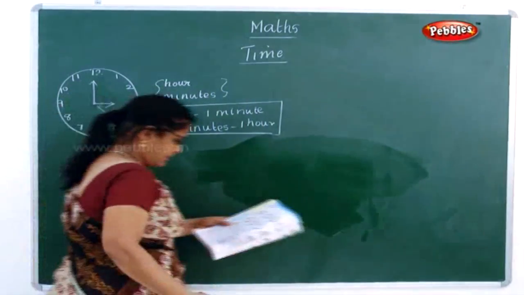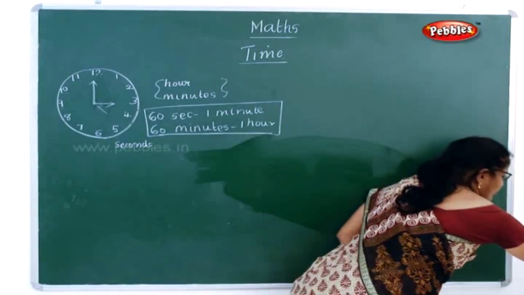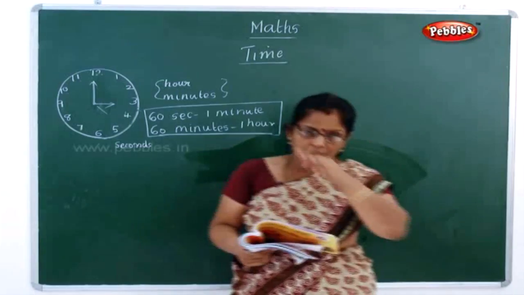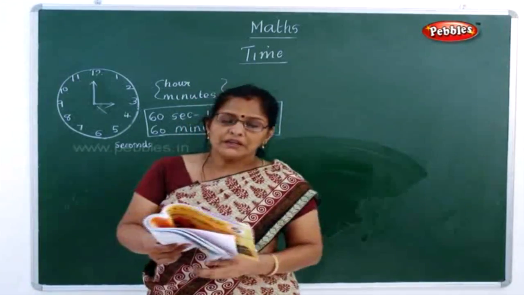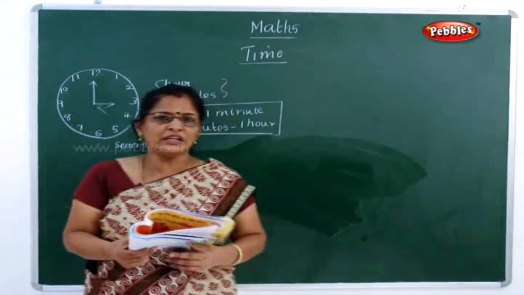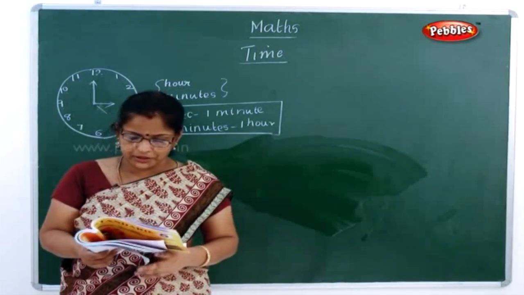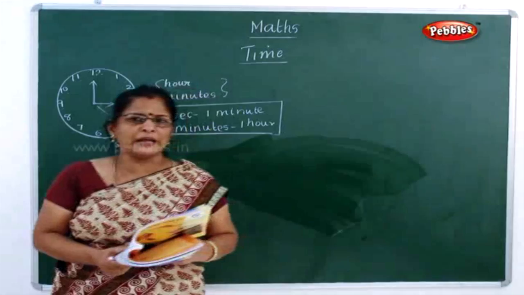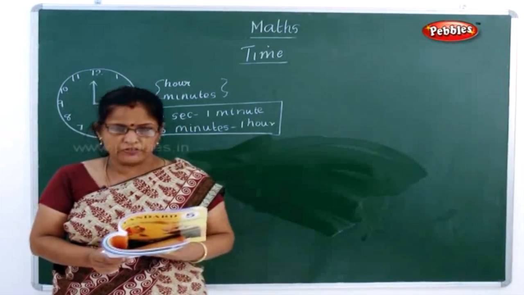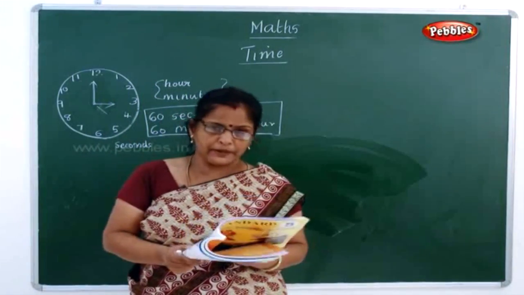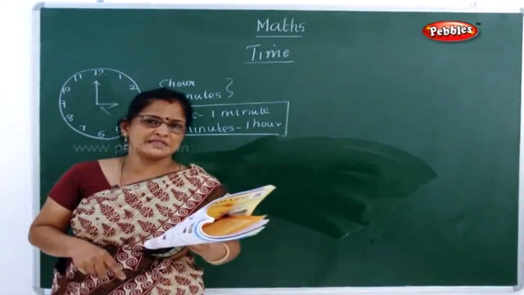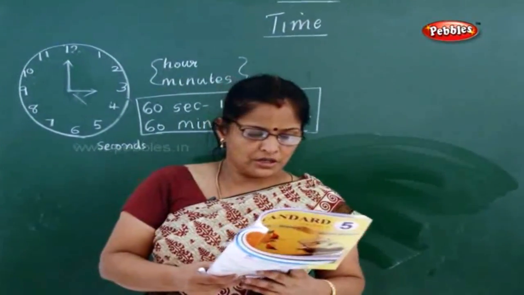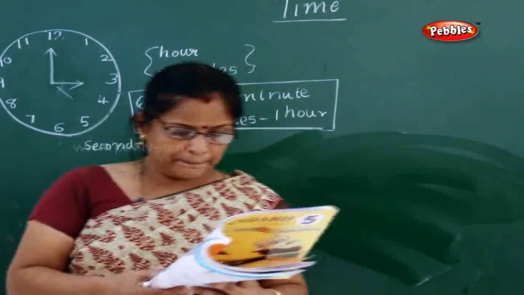Now the next one given in your book is, there was a person called Anand. Now what Anand did is, he traveled from Chennai to Kanyakumari. From Chennai to Kanyakumari, he went by bus. Is it clear now? He went by bus. Now what happened? He noted the time in his diary, the time of departure. Now what do you mean by departure? Departure means departing the bus.